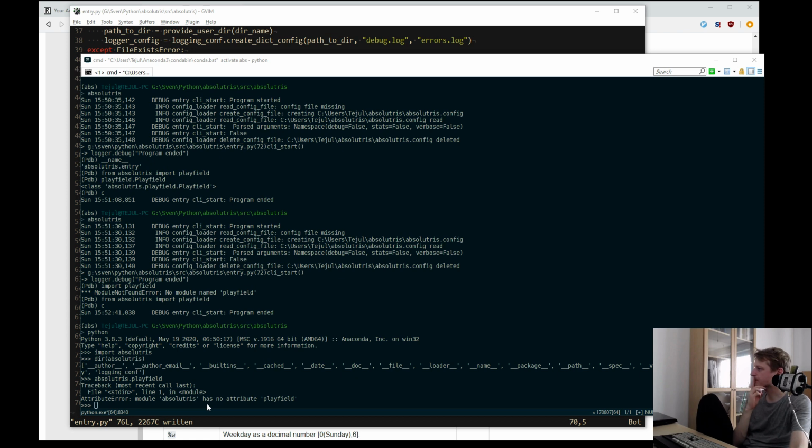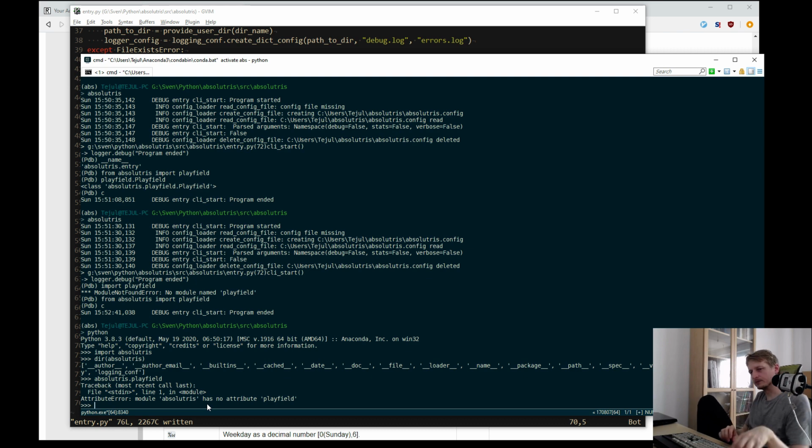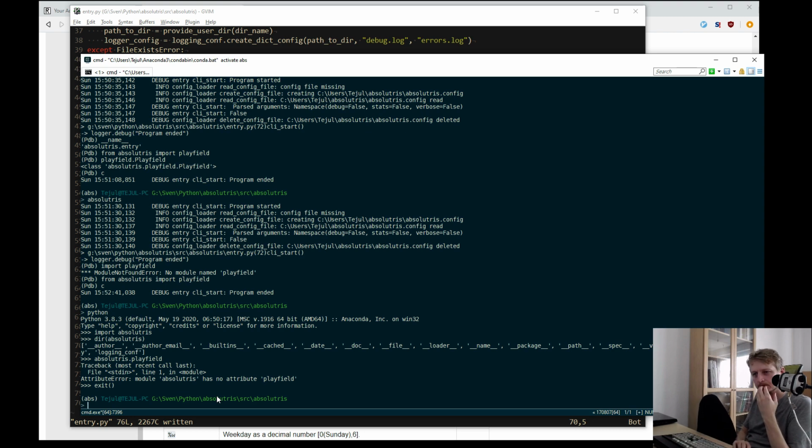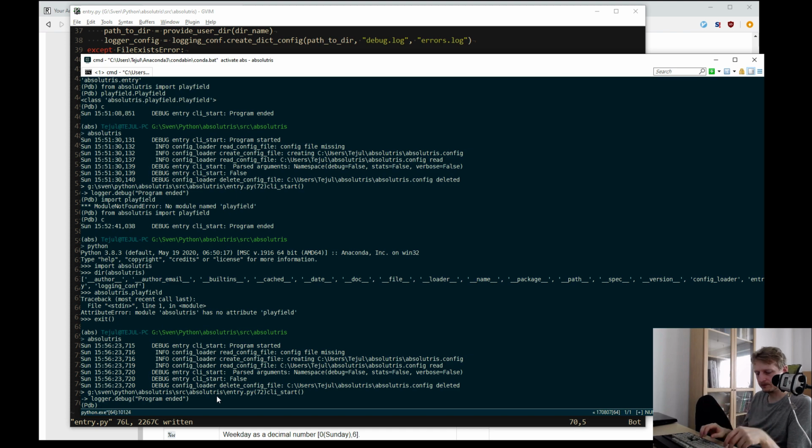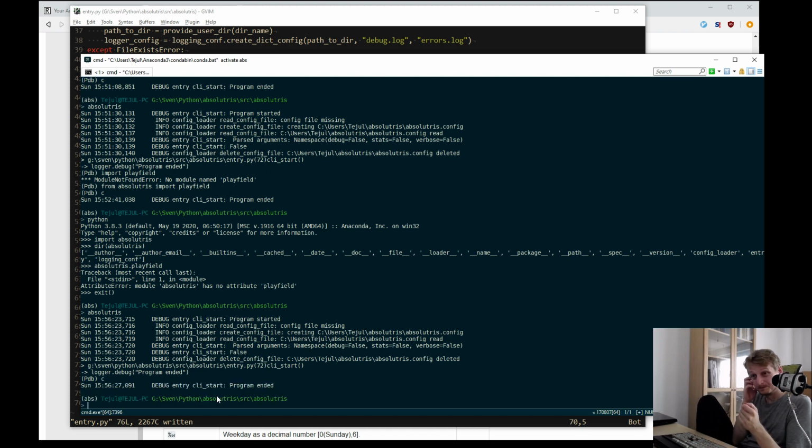I don't know if I want a module or a program. Because right now I have kind of a program, right? I have an absolutris executable. It does whatever I told it to do, and it quits. And in the end, I wanted absolutris to be a Pygame implementation.